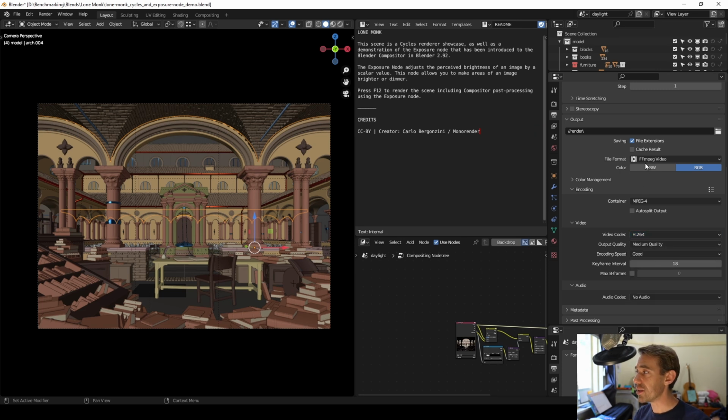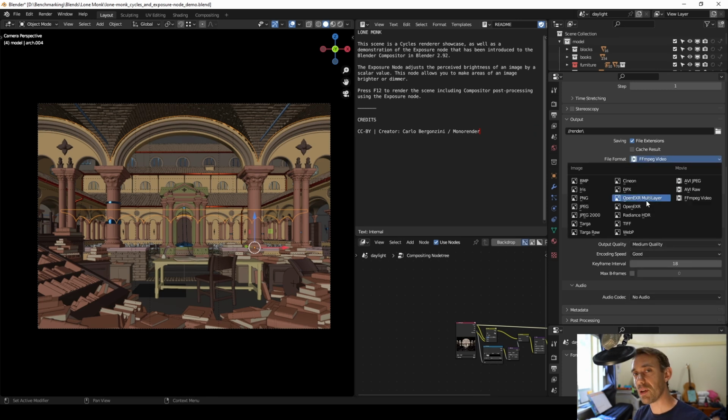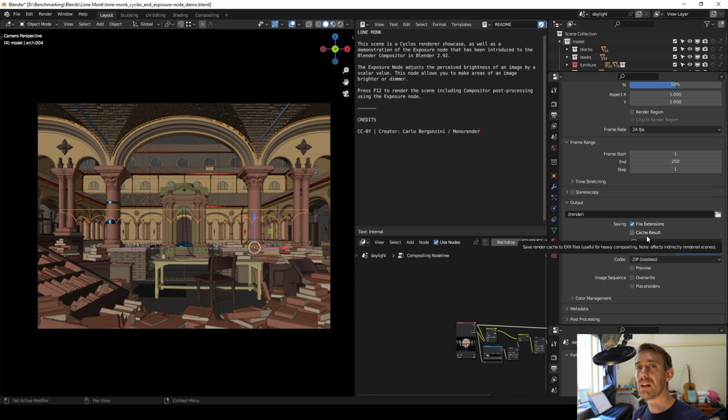If you are going to render to single frames, then it depends on what you're going to do. If you're going to be compositing in another program, you don't really have another choice. You'll have to use OpenEXR multilayer so that you can output all of the render layers and passes that you want to use. If, however, you're happy for Blender to do the compositing, then you can come down to post-processing,